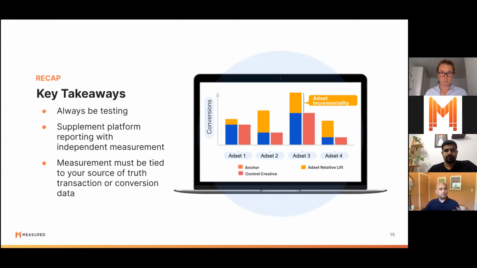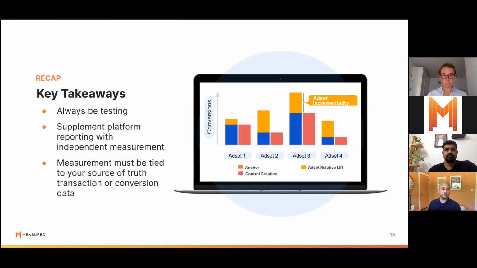Additionally, supplement your platform reporting with independent measurement. In one way or another, depending on how you're calibrating it, you will likely continue to find that individual platforms don't necessarily have the entire picture. So while what they're reporting in their own walled garden is probably accurate for what they're able to see, it is not getting the complete picture of your media, your customer, and what's happening in your market. So ensuring that you are at least validating that with some other independent measurement that's able to look across more than one particular platform is really important.